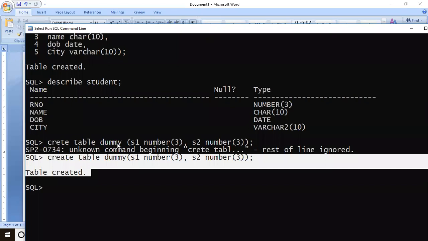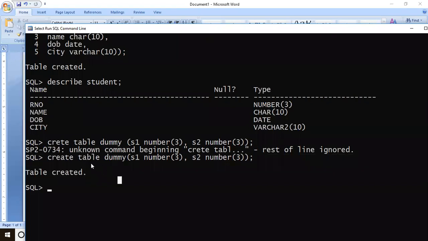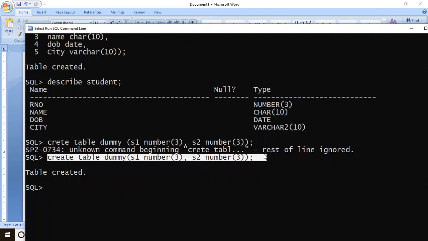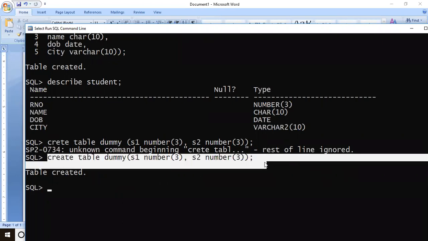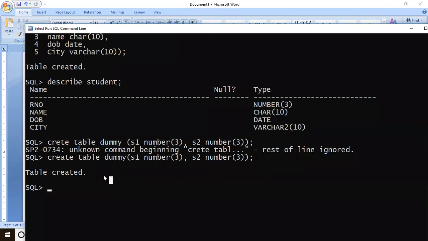Ma'am, if we type everything on one line, when the table is created, will it come one below another, like number, name, date of birth before? Yes. Like now I'll say describe. For describe, as I told you, I can even type DESC. Remember, there is another command called DISC. DISC is a different command, and DESC is a different command. So DESC, and then the table name, dummy. Can you see it now?